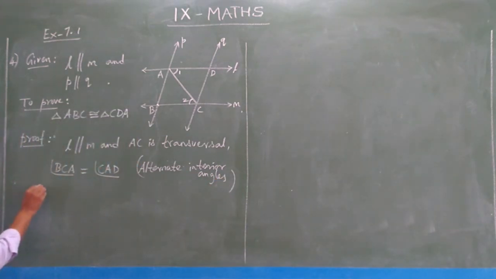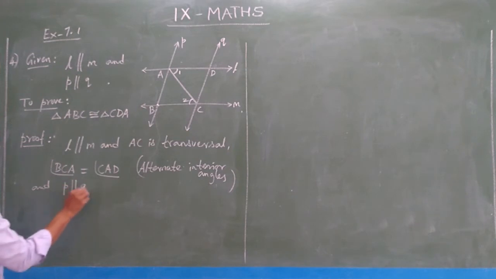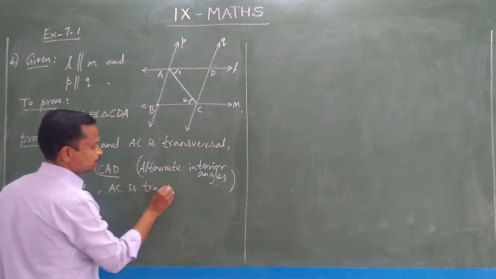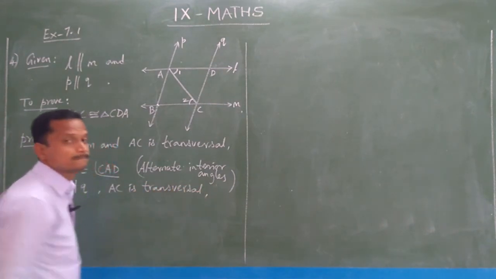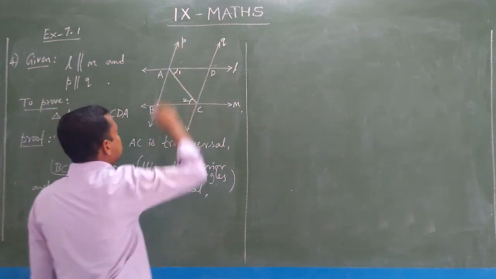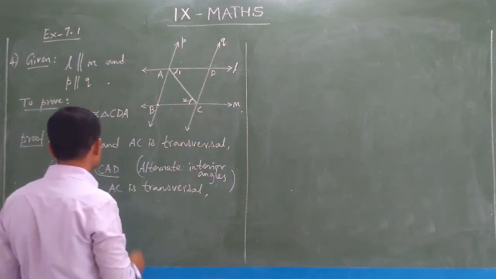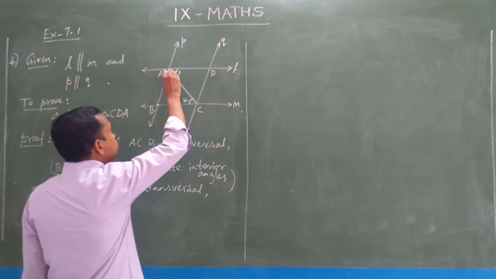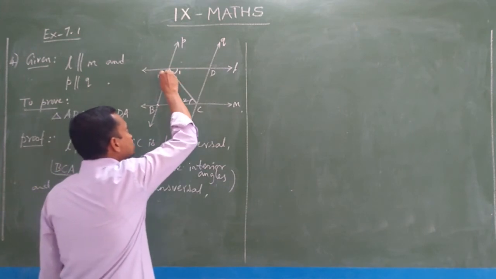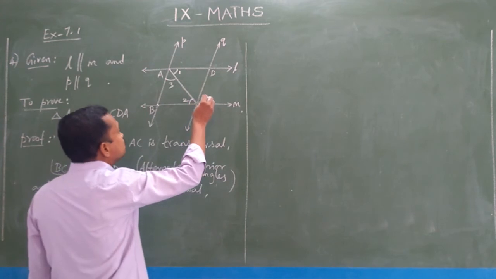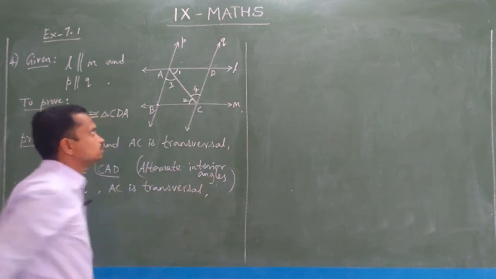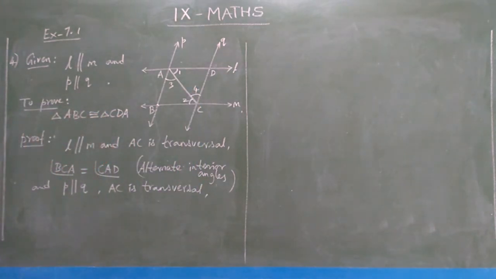And P is parallel to Q, AC, the same AC is transversal. Then we have, you see, line P, line Q, they are parallel, and the AC is the same transversal. At the time what happens? The angle between the line P and transversal is this one, you name it as 3, and the line Q and this transversal, this angle, you name it as 4. Then they are also 3 and 4 also alternate pair of angles. So you can have they are equal.